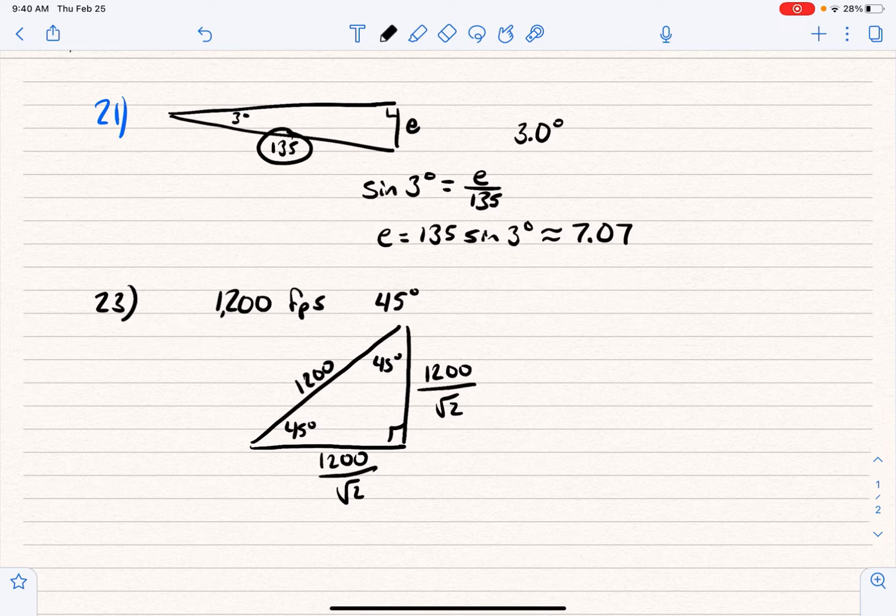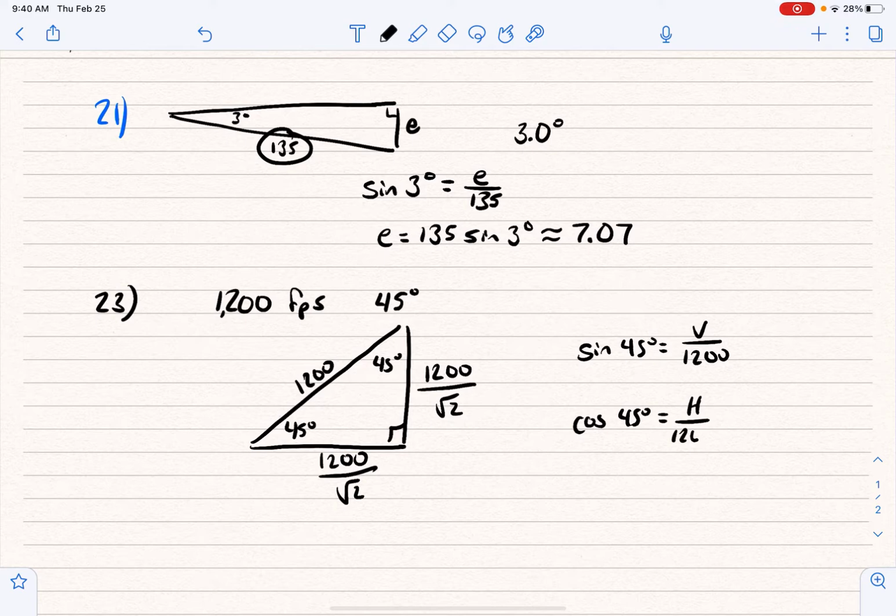Now, you could have also used trig. You could have said, well, the sine of 45 degrees is equal to the vertical component over 1,200, and the cosine of 45 degrees is equal to the horizontal component over 1,200. And that would have come out to be the same thing. But also, if you know your 45, 45, 90s, you can just do that. So you go 1,200 divided by the square root of 2, and that gives me